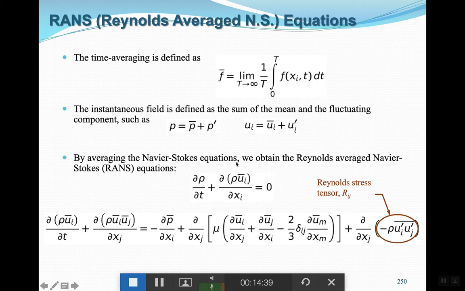So in continuity, as you see, by decomposing and averaging, we have been able to get rid of all the fluctuation parameters, and continuity is just in terms of the average velocities, which we will go about solving as usual. So there are no fluctuations. And the purpose of this method was getting rid of the fluctuations. Okay. Now, if we do the same